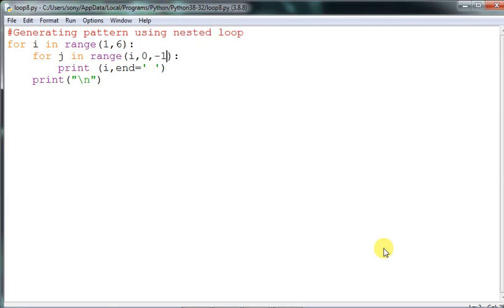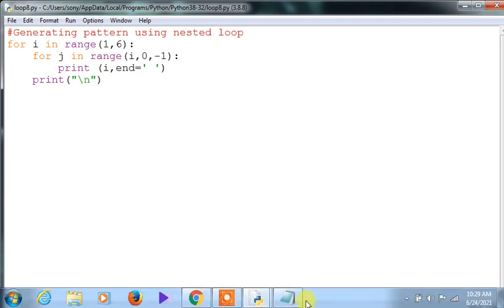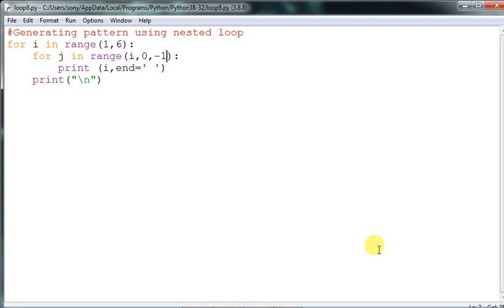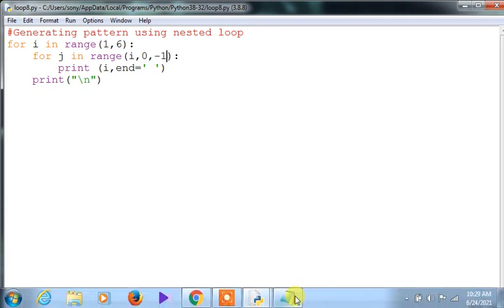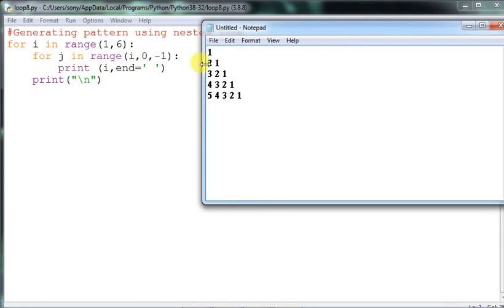Okay, now let us see whether it is functioning properly or not. Let the output come once, then we will be very sure our pattern has a tendency to increase column wise and decrease row wise.